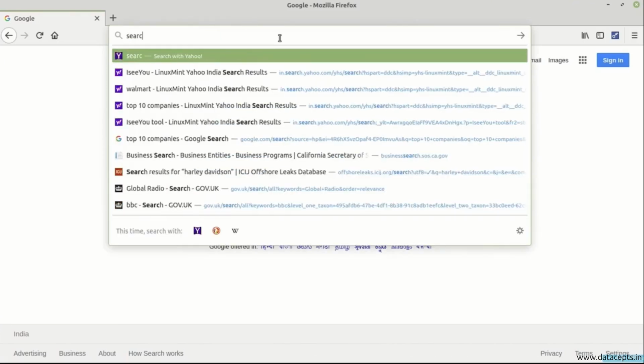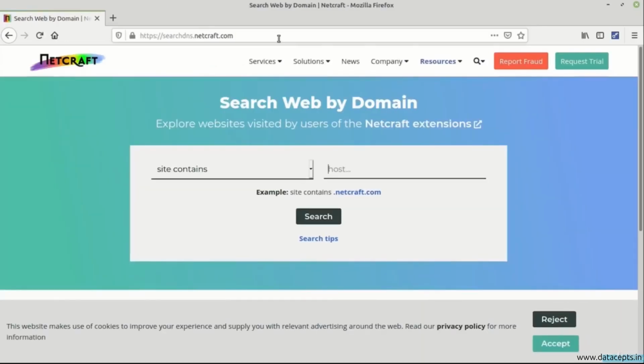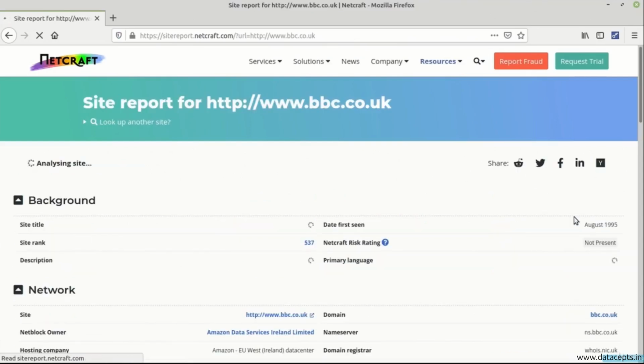Let's visit this time searchdns.netcraft.com. Once the page is open, let's try to find out the domain specific information. Here I have mentioned bbc.co.uk, and as you can see, there are 30 results. It shows the rank, the site names, first seen date, the netblock owners, the operating system, and if you click the site report, you will be able to get further information